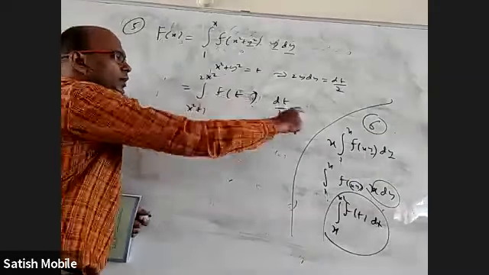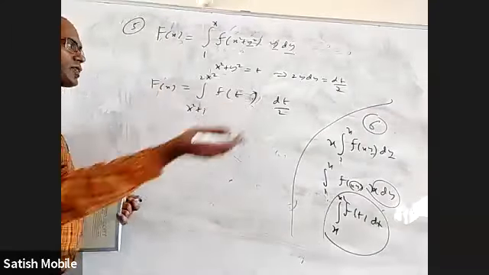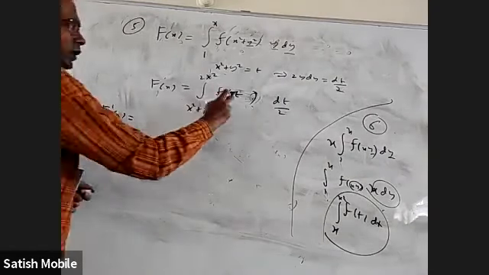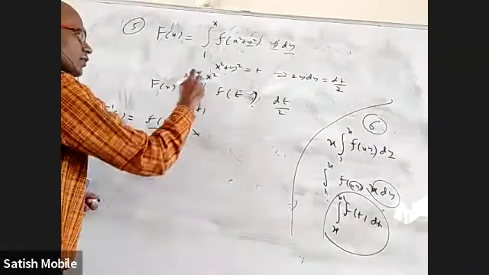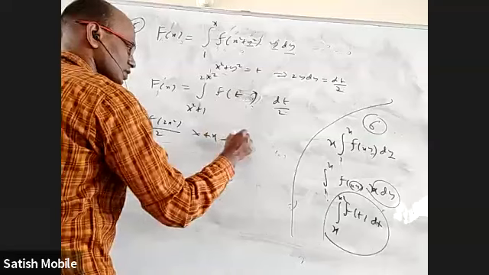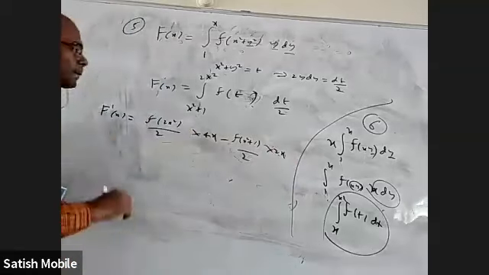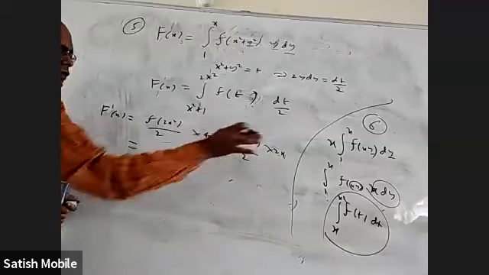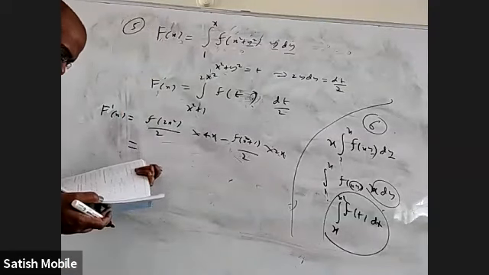But see, now I completely could eliminate x here. Nowhere x is there. I can use the fundamental theorem. This is now my capital F of x. If somebody wants F dash x, I can do it. So what is capital F dash x now? In the place of t, you put the upper limit f of 2x square, of course, 1 by 2 is there, into the derivative of 2x square, which is 4x. Minus, in the place of t, I can put the lower limit, which is f of x square plus 1, by 2, into the derivative of x square plus 1, which is 2x. Okay. In the place of t upper limit into derivative of upper limit, in the place of t lower limit into derivative of lower limit. That's it, done. Now it is a matter of simplification.